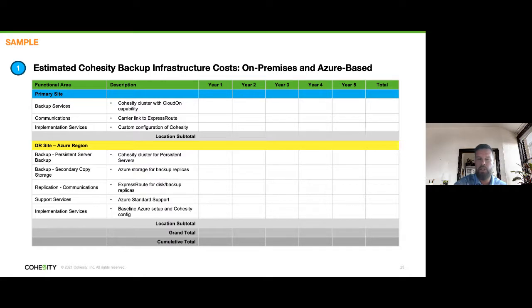So this is a little bit different than the focused M365 trial that we talked about. This is looking at your backup and data protection as a whole throughout the entire environment, and that's what would be in scope as part of the cloud backup assessment.